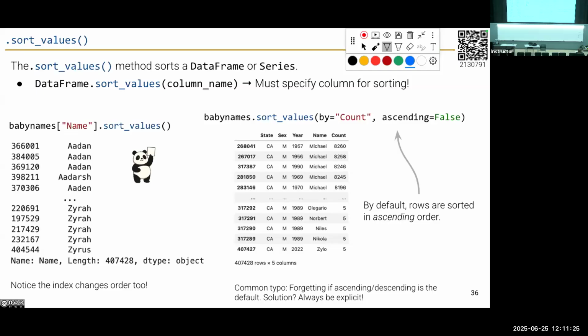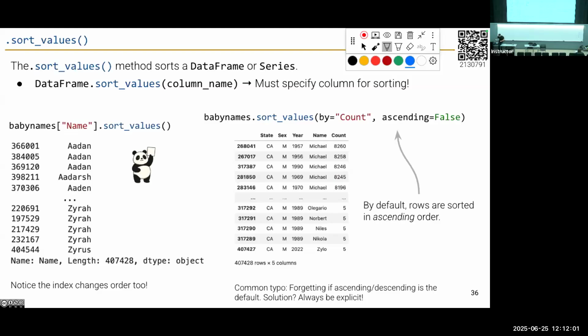This is an annoying thing in every language. In R, you specify whether you're descending. In Python, you specify whether you're ascending. When people are reading your code or when you're reading your own code, you might forget, is this sorting in ascending or descending order? For that reason, I always like to, in my own code, be really explicit. So even though ascending equals true by default, like we have on the left, I like to always say, am I ascending? Am I descending? When I use sort values, so that when I'm reading my code later, I don't have to think so hard. You want to think about your future self when you're coding. And notice we specified which column we sorted on. All the other columns are ignored in the sorting.